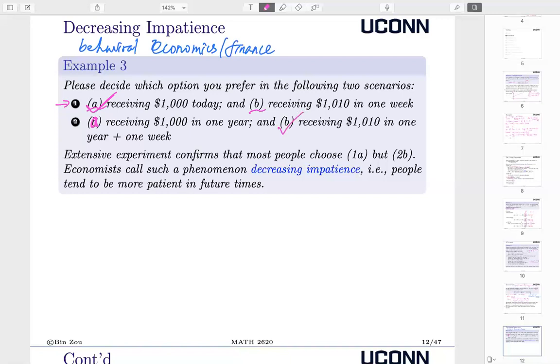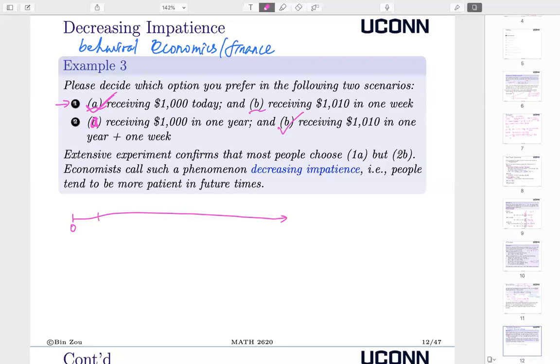Now we have an issue, or now we have a paradox. Now we have something truly interesting that the interest rates we are going to study in this course will never be able to explain. That's why I call those slides extra, unrelated to the course, because it's too advanced. So here, what is the difference? It's almost like the same option, except between scenario 1 and scenario 2, we move the timeline 1 year ahead, right? So for scenario 1, if I draw,